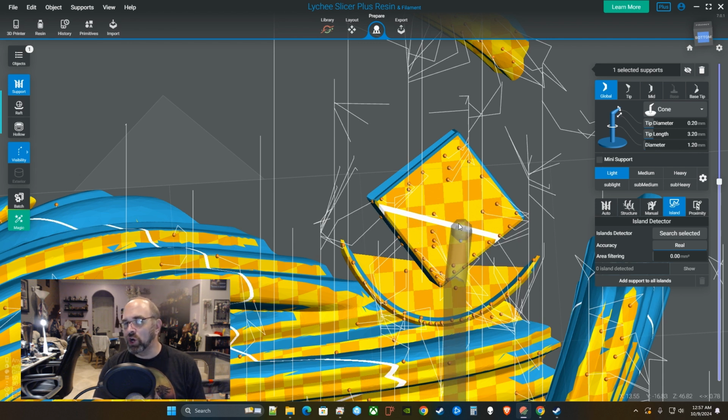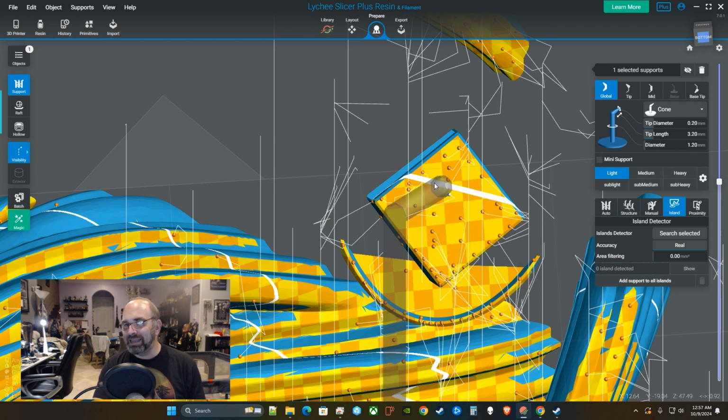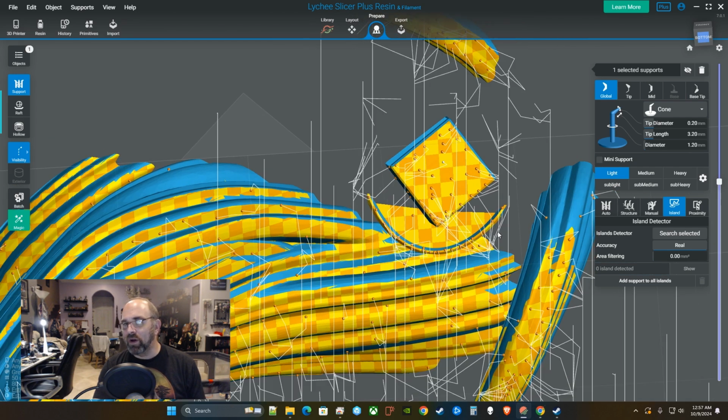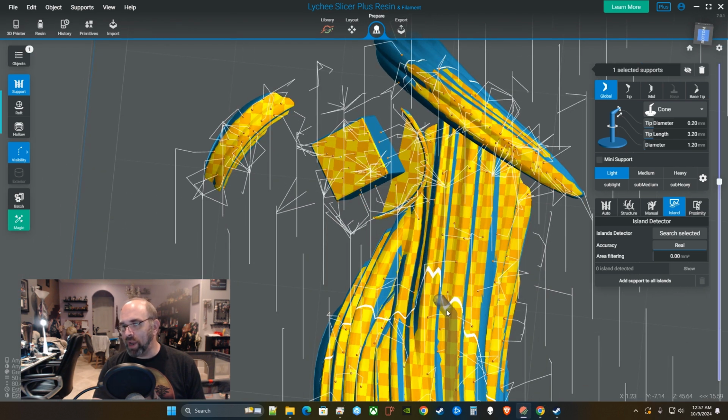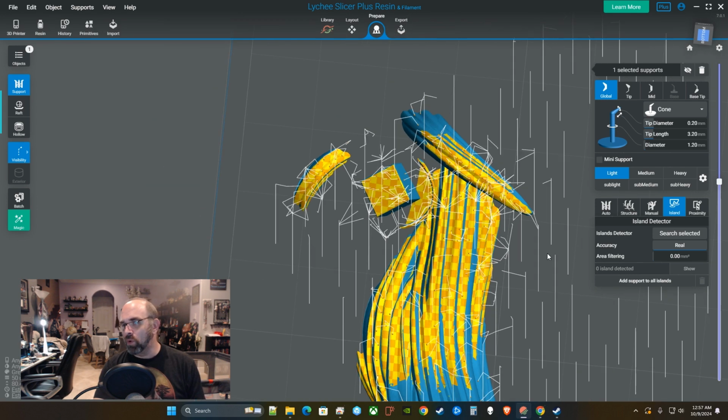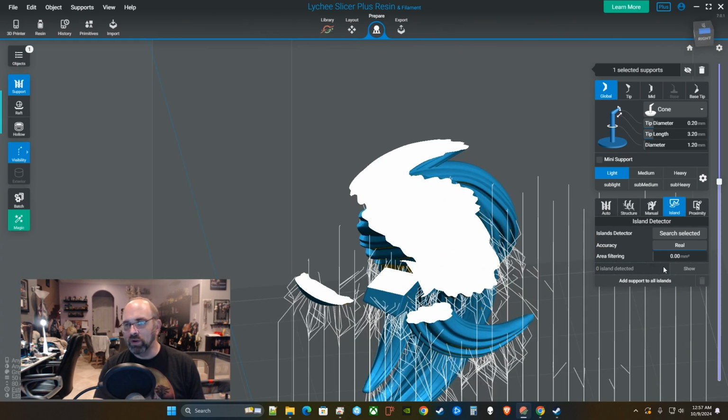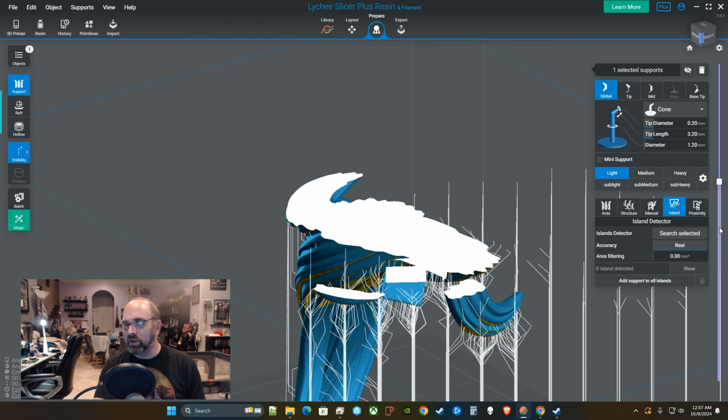So if you want to secure the print as it's slicing, the best way to do that is to follow the slice line and use that as a guide. And again, the slice line is that white line that follows my mouse. See, as I'm moving the support there, you'll notice that the slice line will move. And you can use this as kind of like a curve to place supports along that slice line. And this will help you determine where you need to put the most support versus the least amount of support, etc. And yes, I know it looks very crowded, but again,